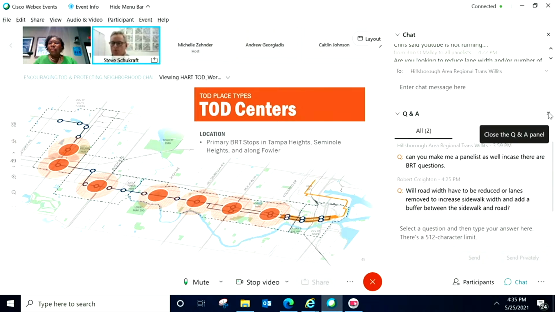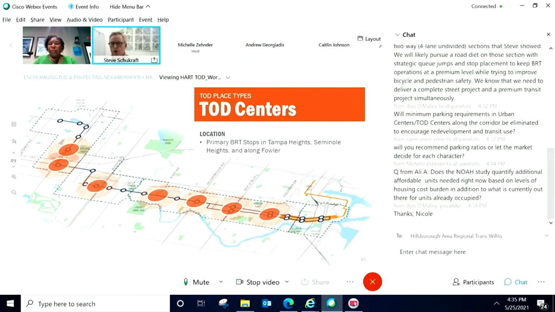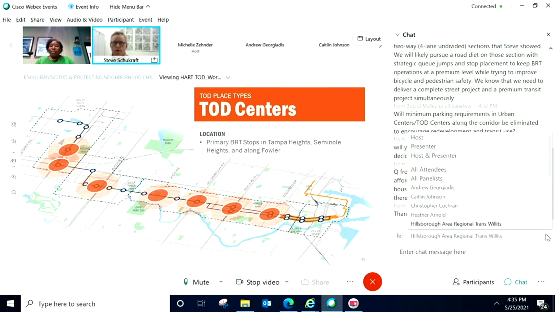We show a couple in Tampa Heights, a couple in Seminole Heights. We looked at the Floorland Mall site at Bush Boulevard, the larger scale suburban sites at Nebraska and Fowler, and at Fowler and 15th. So these are places that have the potential to really benefit from increased transit accessibility.